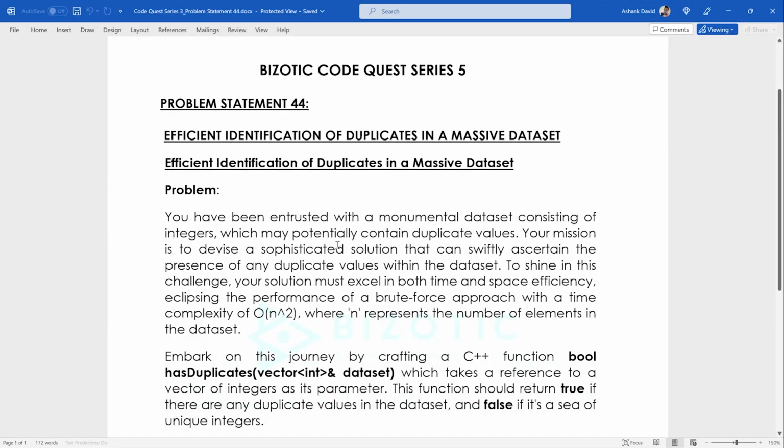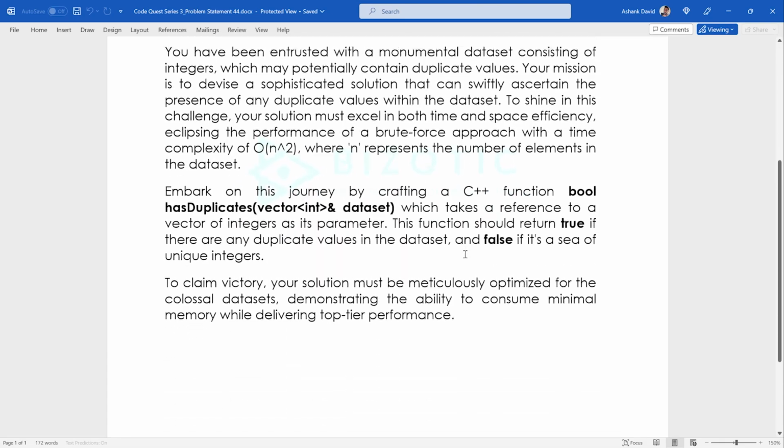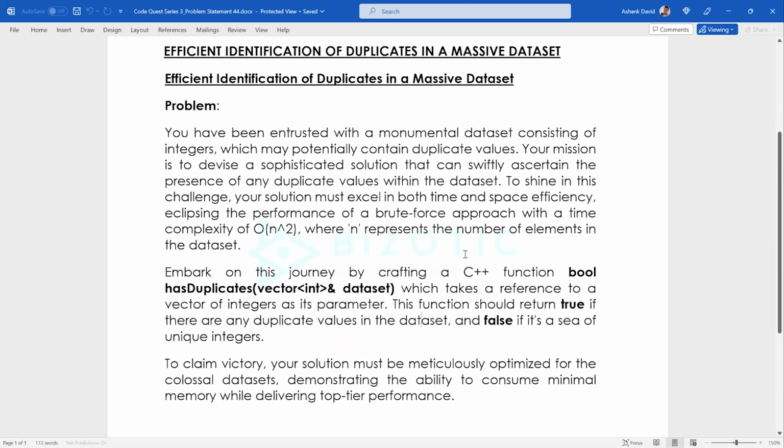Hey guys, so today's problem statement is problem statement 44, efficient identification of duplicates in a massive data set. So efficiently we have to identify the duplicates in a massive data set. You have been entrusted with a monumental data set consisting of integers which may potentially contain duplicate values. Your mission is to devise a sophisticated solution that can swiftly ascertain the presence of any duplicate values within the data set. To shine in this challenge, your solution must excel in both time complexity and space efficiency,